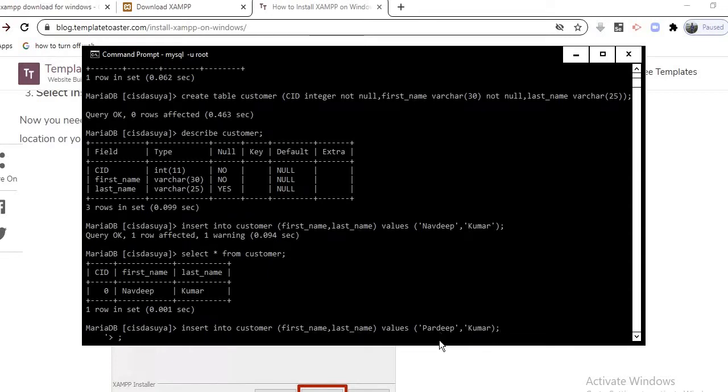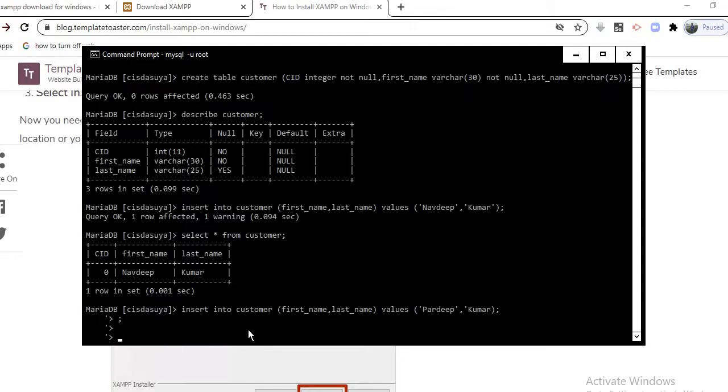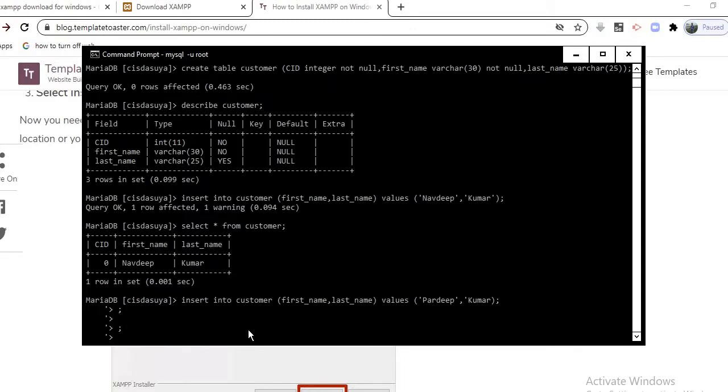So this thing for the semicolon. Now see, so you see here now this is not working now. Clear?